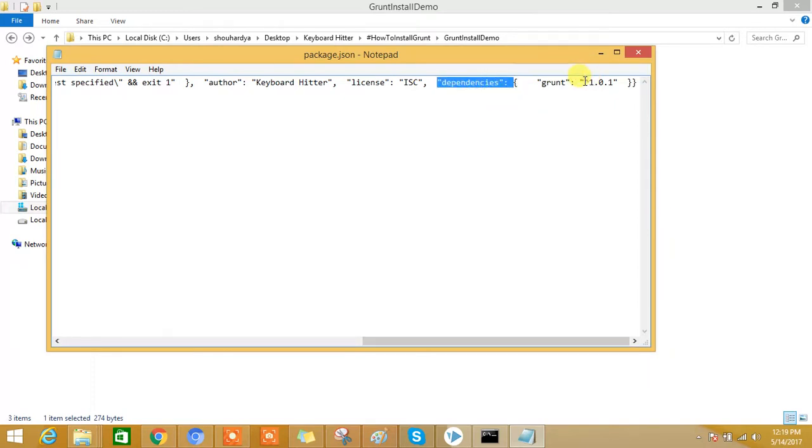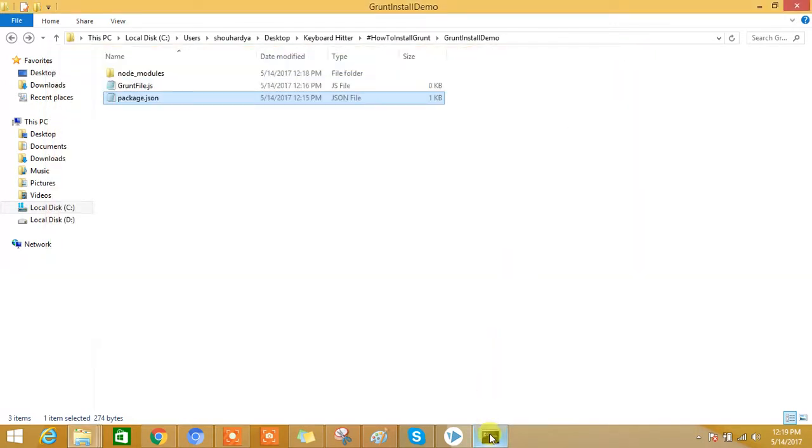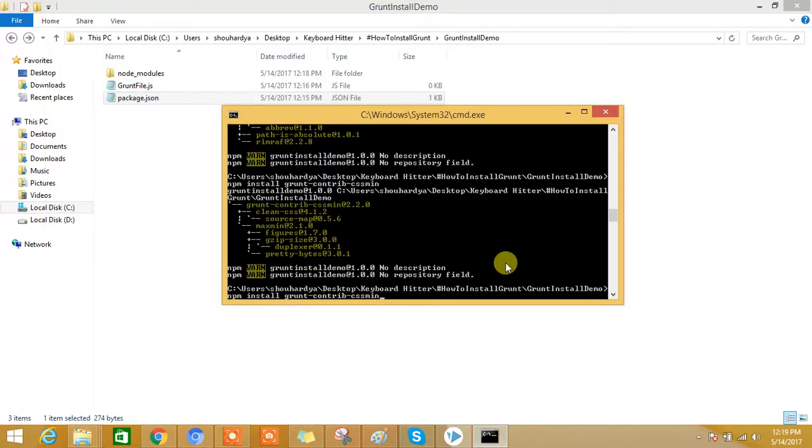Here we have only grunt, we don't have grunt-contrib-cssmin. So in future, if someone uses this package.json file and executes the npm install command, that person will not get to install grunt-contrib-cssmin automatically, because it has not been listed within this package.json file.